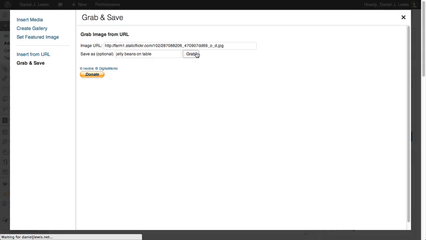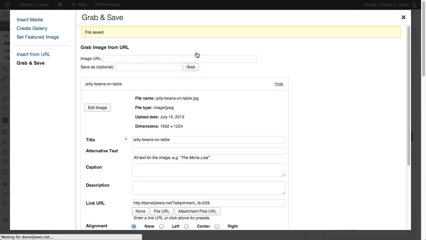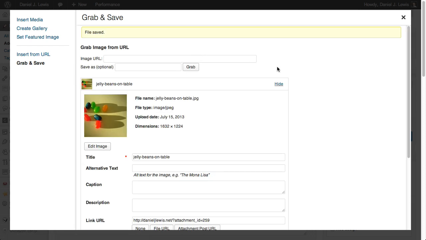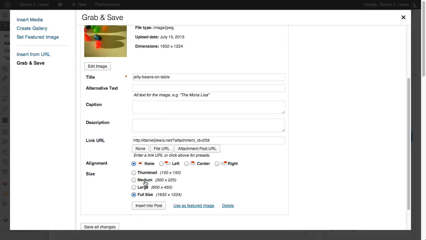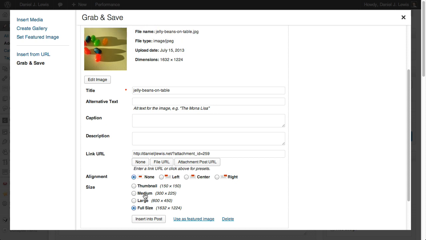Now what it does is WordPress goes out there, downloads the image to the WordPress database, so it then still resizes the image for thumbnails, full size, and all of that I can use on my image. As you see, I now have these different image sizes. You wouldn't normally get that from just insert from URL,